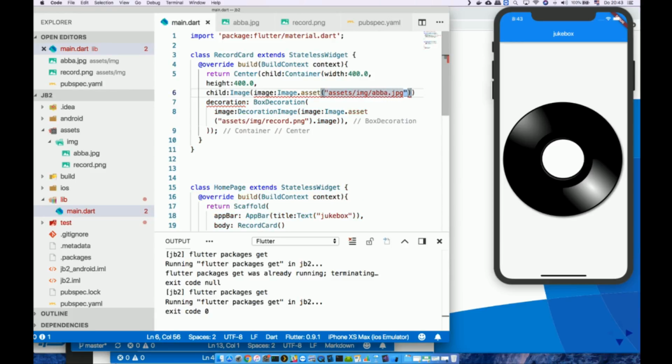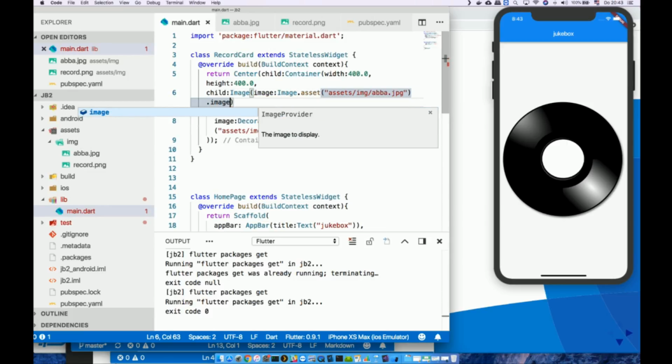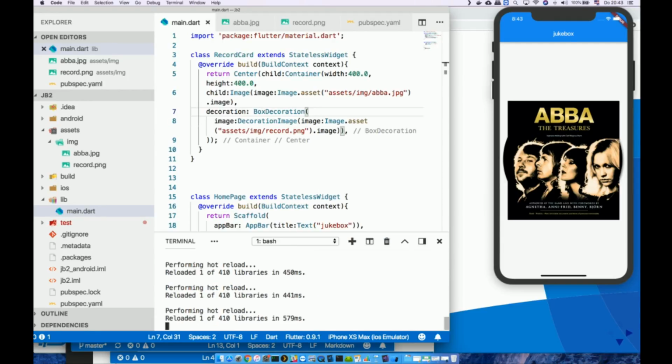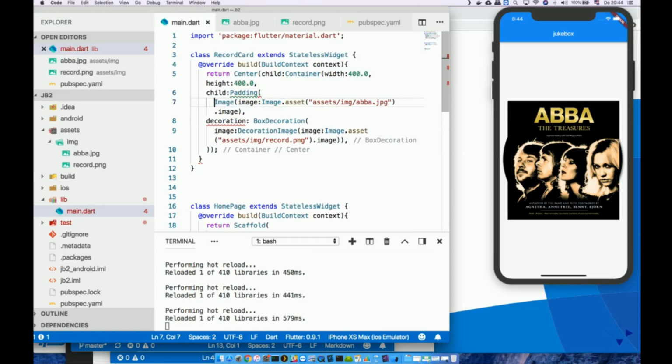So it gives me an image, and then there's a decoration. Let's refresh this code. So it has the image, but it's slightly large and it obscures the record. In this case, I want to give the image some padding. If you guys are experienced web design developers, then you know what padding means. It compresses the contents by a certain size. So let's give this image a padding. There's a widget for padding as well. So padding takes a padding